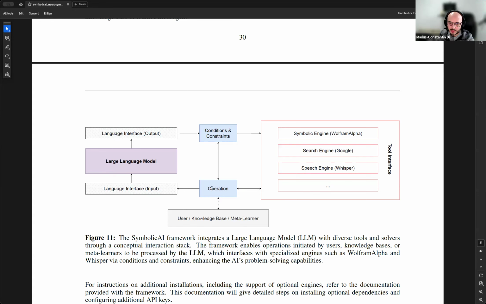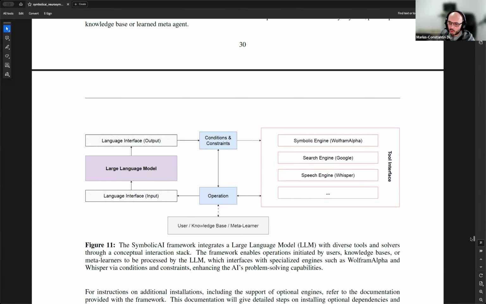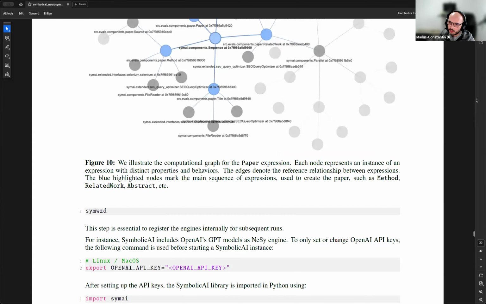So this is where the meta learner creates the corresponding operation, the language interface gets this input and the language model processes it, and then you get again a result condition, and you might create another operation and so on, or you might use a tool on the side. So this is how we depict this in our framework.